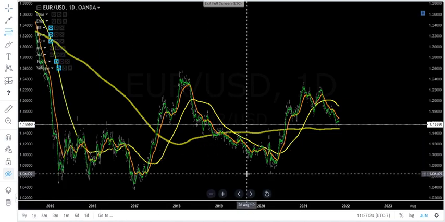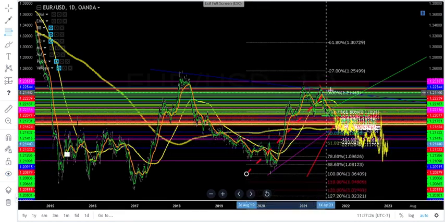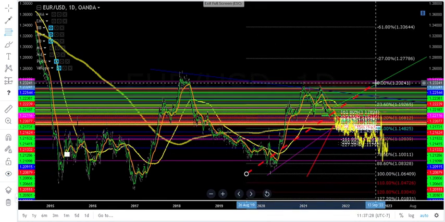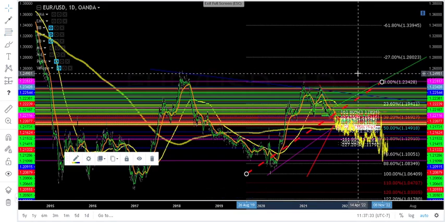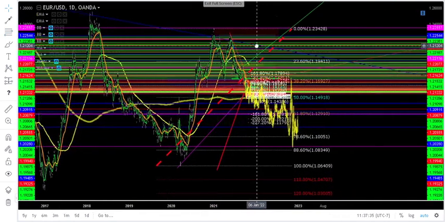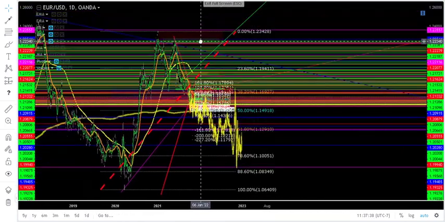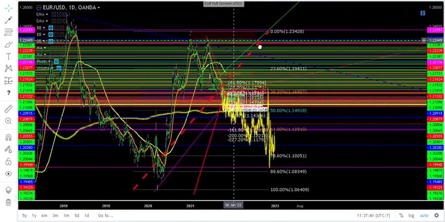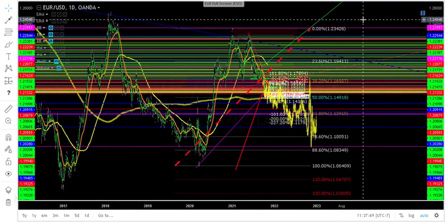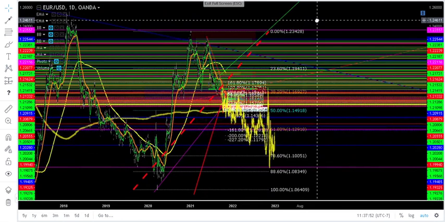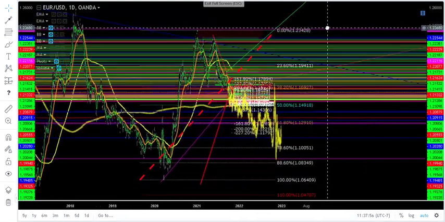Now all my lines and stuff are going to pop back up. Oh Lord, Jesus, I probably need to delete those other fibs. I can hardly see because I got all those lines on there. I know better now. This is a chart I drew up when I first started doing this, like 10, 11 weeks ago. I can't even believe it's been that long, but going hard every day. But anyway,